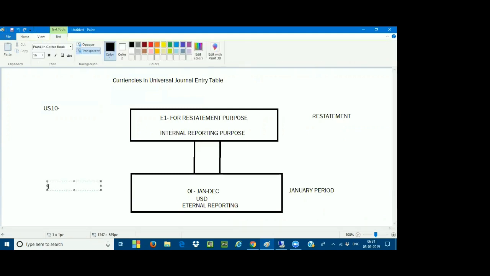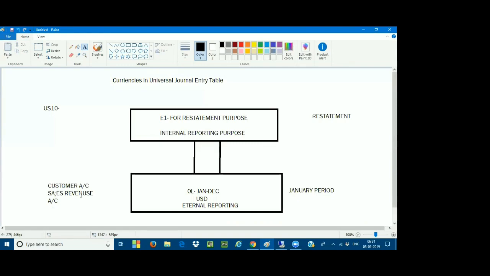For example, today I'm posting something to the leading ledger: the customer account is getting debited and my sales revenues are getting credited. This is the financial accounting transaction which I posted in the leading ledger. The same transactions are inherited over here also. Automatically, if you go and look in the extension ledger, it is also posted with this transaction. And what are the specific transactions only for the extension ledger?